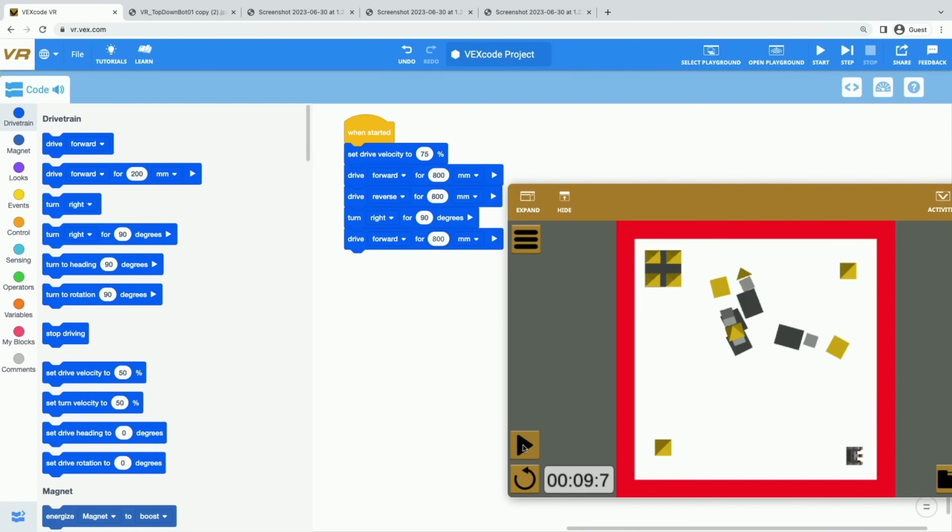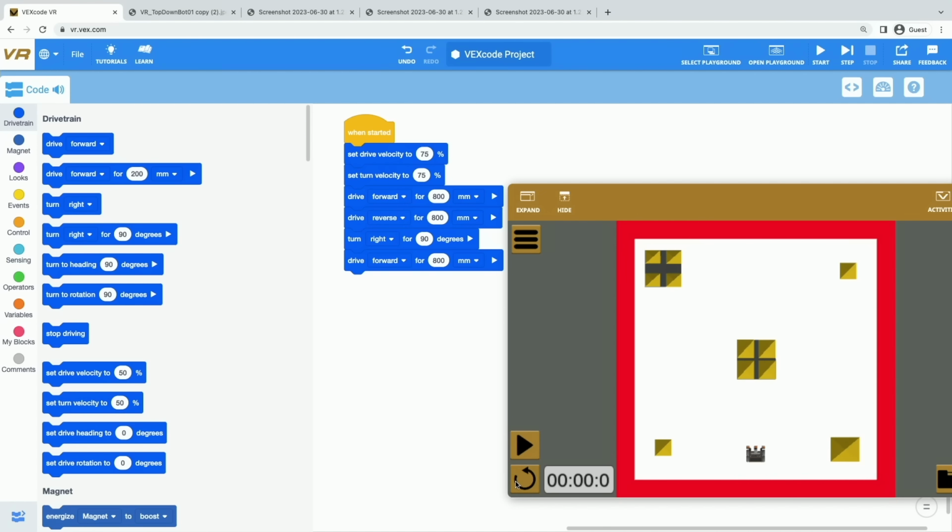Unbelievable. Now, what if I wanted to make my robot turn a little bit more quickly, right? We added a drive velocity and we could see that our robot was driving really quickly forward and in reverse, but it turned a little bit more slowly. Well, I have a turn velocity block here also. And just like the drive velocity, our turn velocity is automatically set to 50% when we start. So I'm going to up that turn velocity to 75% and add that to my project as well. And again, I'm going to put it up here so this way we're telling the robot to turn faster before we tell the robot to turn. So now the next time we use this project, it will turn and drive faster.